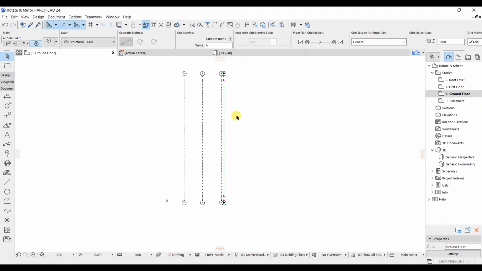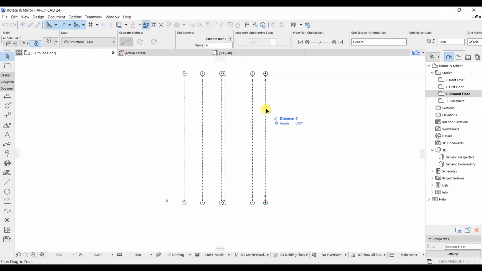Now I will enter Ctrl D, select this line, drag it like this, again press Ctrl, and this time it will be 6550. Let's enter, again Ctrl D, select this line, Ctrl, 3000, enter,